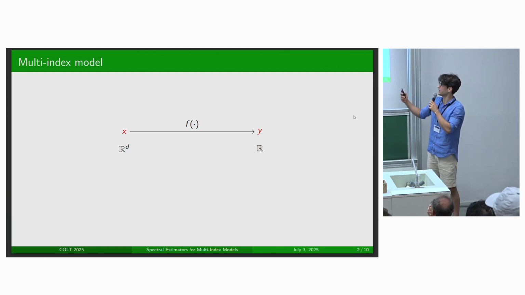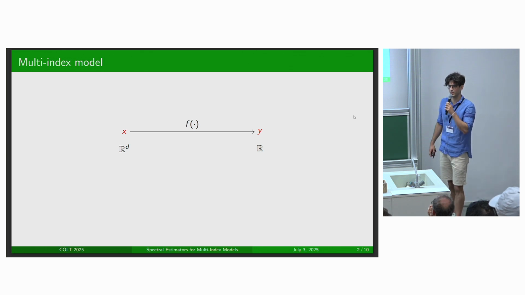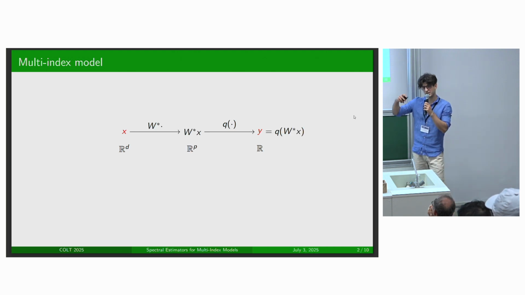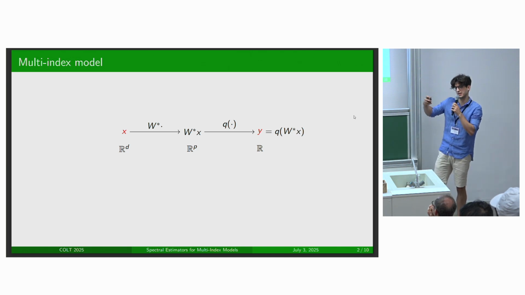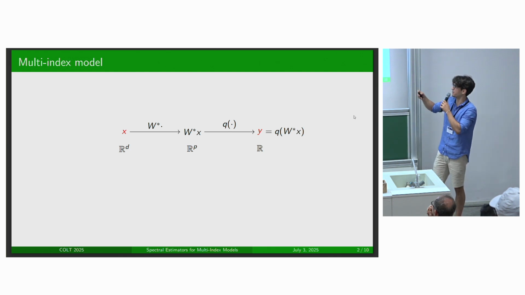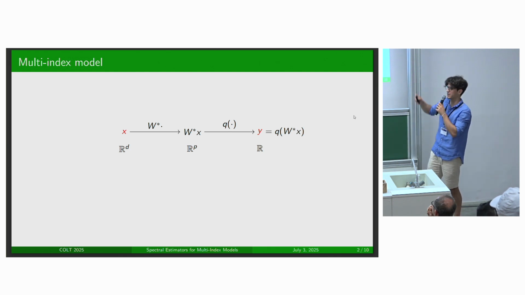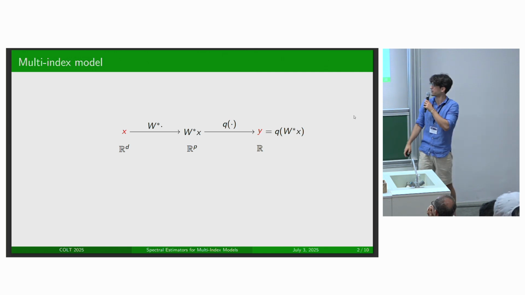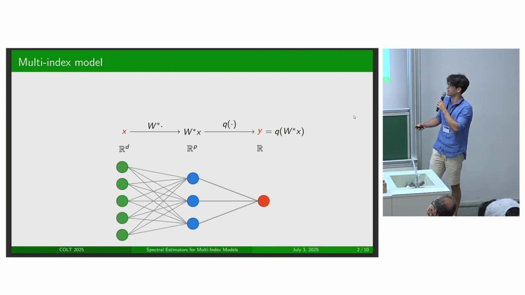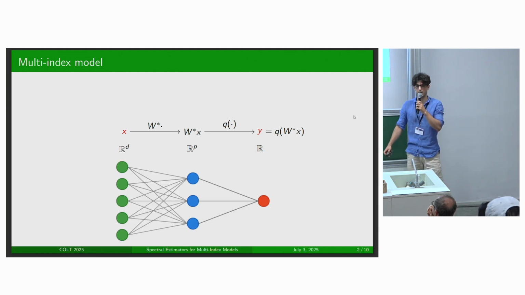So basically we're in a regression setting, d-dimensional input, one-dimensional output, and what multi-index models postulate is that we first do a linear projection to a p-dimensional space that's usually strictly lower than D, so think of P as something smaller than D, and then we apply some non-linearity, some link function. This has received renewed attention recently due to its connection to two-layer neural networks, right? You can see immediately how this models it.